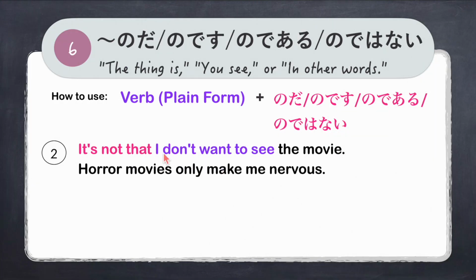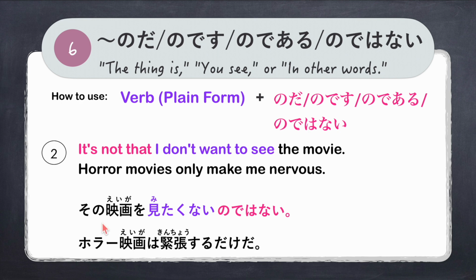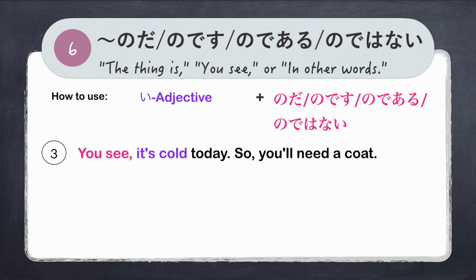Another example, it's not that I don't want to see the movie. Horror movies only make me nervous. We say, その映画を, I don't want to see, 見たくない, plus のではない. So we are saying, it's not that I don't want to see. Followed by ホラー映画は緊張するだけだ。その映画を見たくないのではない。ホラー映画は緊張するだけだ。